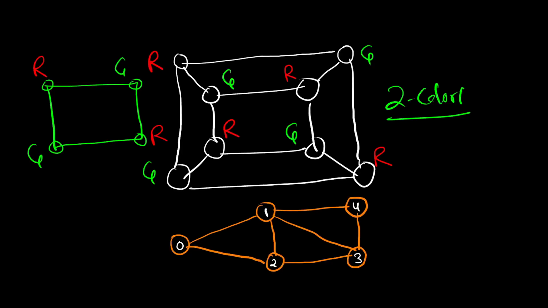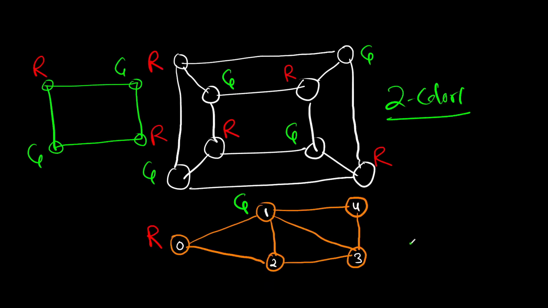Now try to mark these nodes starting from here, make it red. Try to mark another green. So it is green. Can you mark this green? Can you mark this red? And I hope your answer is no in both the cases, because if you mark this green, two adjacent vertices cannot be marked with the same color. And if you mark this red, you cannot mark this red as this is adjacent to this, or it is a neighbor of the vertex which is already colored red.